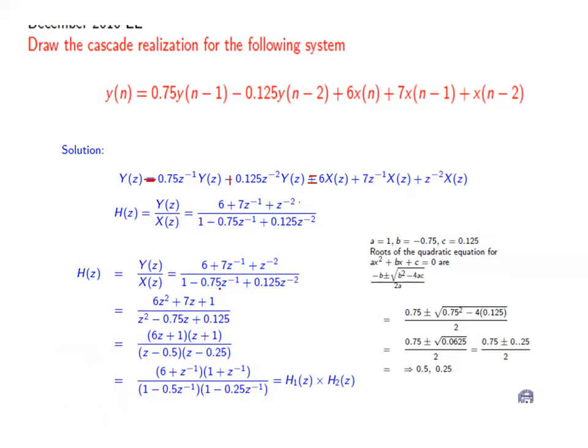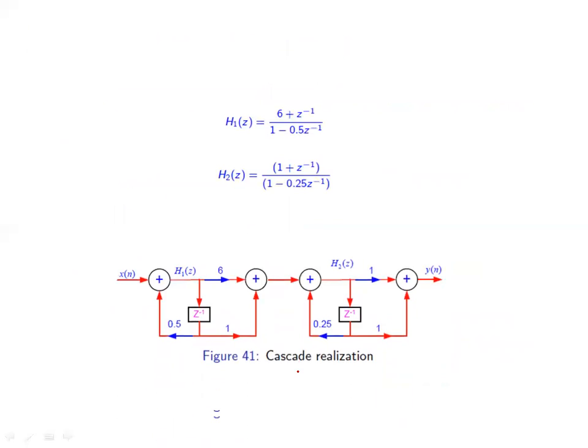And then again, this is a single transfer function. We need to convert this into two transfer functions. This is a quadratic equation, and the one above is also a quadratic equation, so we have to find its roots. This way we are finding the roots, and expressing this in the form of h1 of z and h2 of z. Then the same process you can follow for implementing the realization of h1 of z and h2 of z. Once you calculate the values of h1 of z and h2 of z, we can realize the system function in cascade form realization.